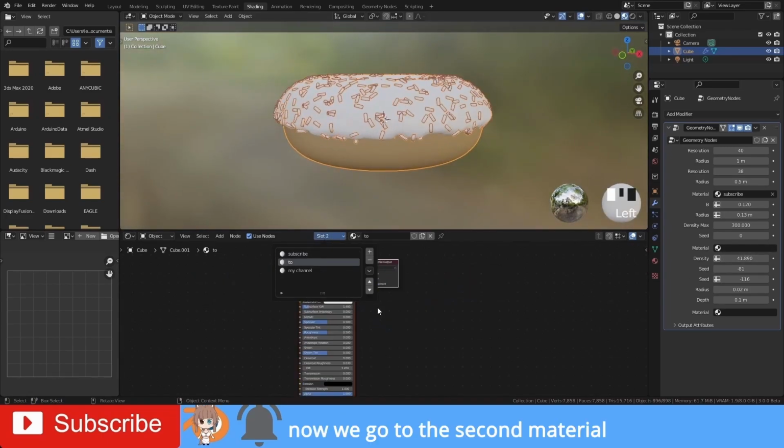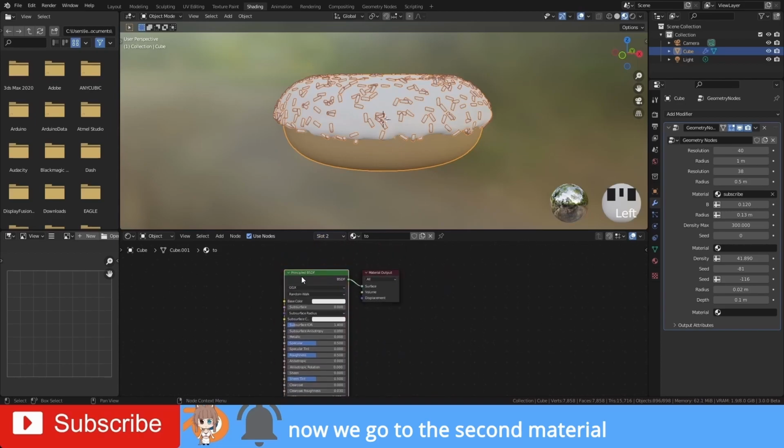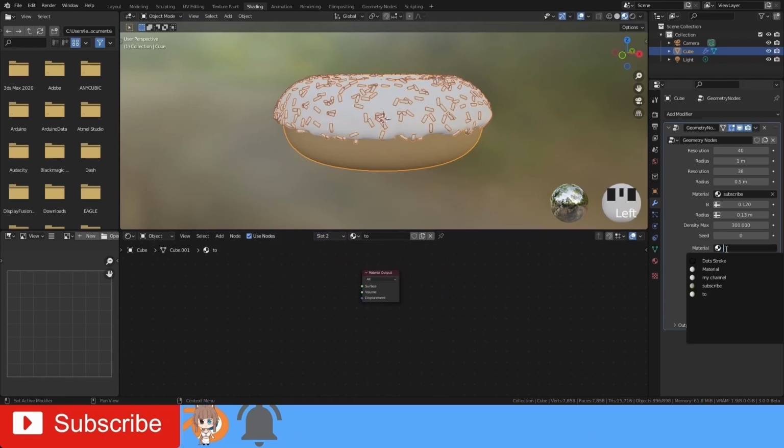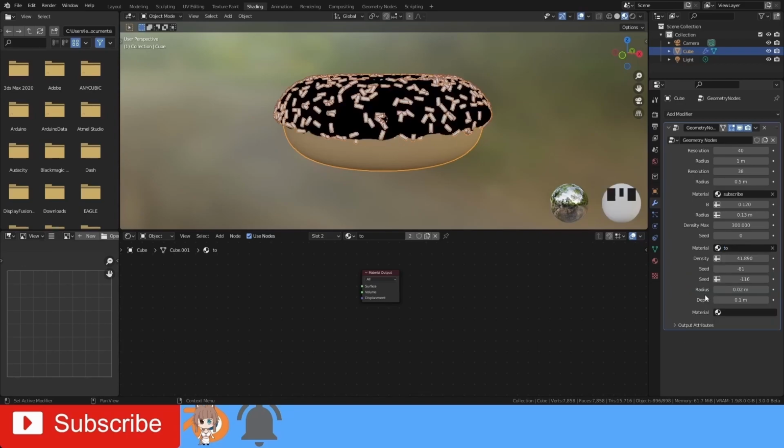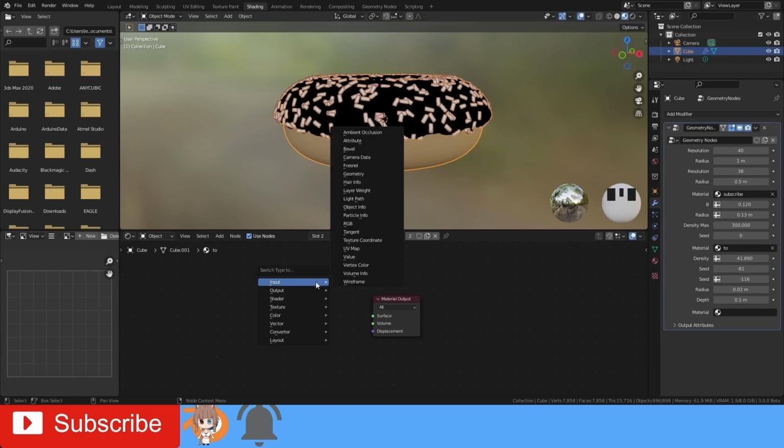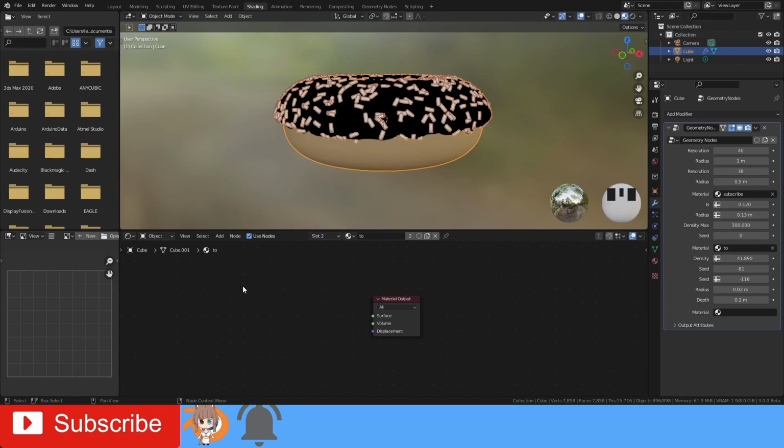Now we go to the second material, again delete it. Icing. Red.